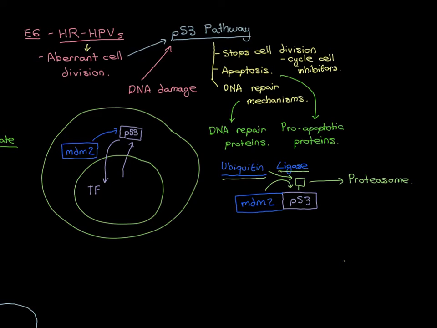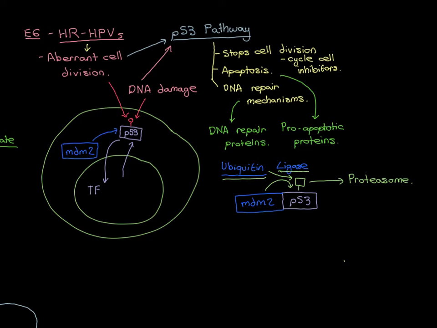So how then does aberrant cell division and DNA damage lead to the activation of the P53 pathway? This is why the P53 pathway is usually off. Now let's talk about how you activate it. So if the cell is dividing in a really strange way, or if you've had DNA damage, then intracellular pathways are activated, which are going to do things to P53. So let me just show this. We'll get another colour. So these processes, aberrant cell division and DNA damage, they lead to the phosphorylation of P53,